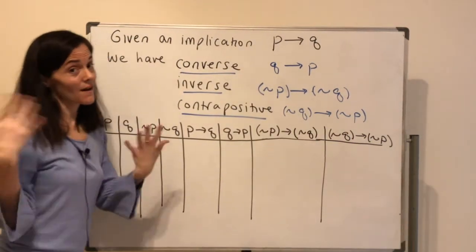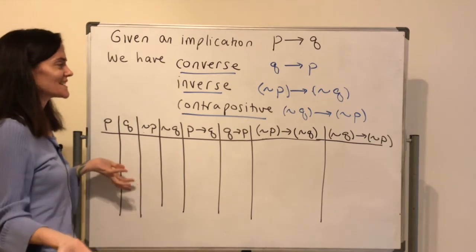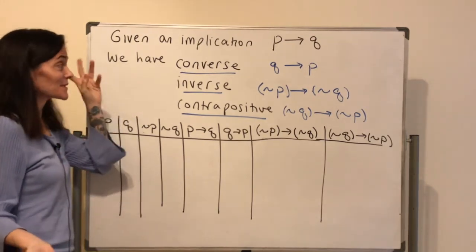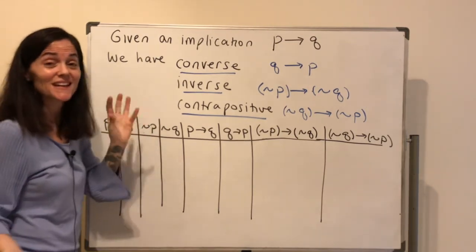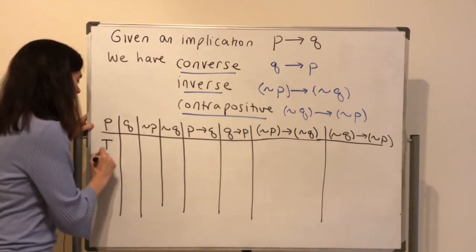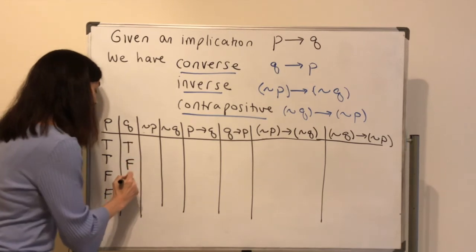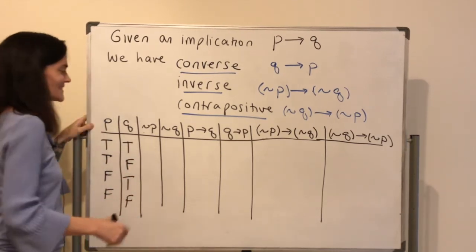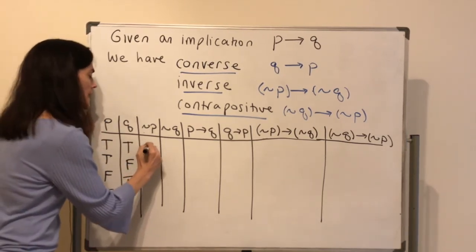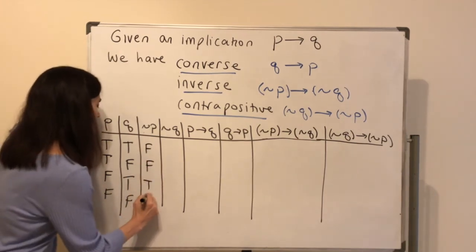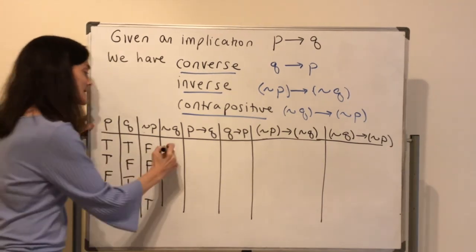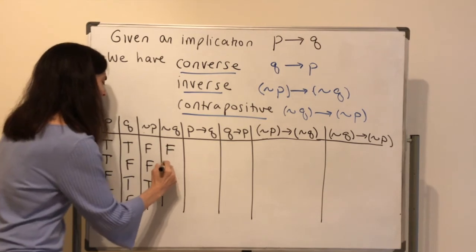Here are all the columns that we will need to fill in a truth table that has the implication, the converse, the inverse, and the contrapositive. And we begin with these 4 possible inputs. Okay, the first thing we do, we negate P. Here is not P,